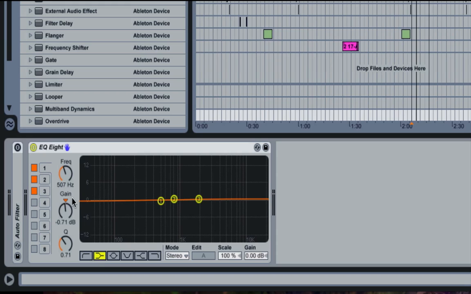Turn it to shelf. So the frequency now, instead of choosing where to cut, say I have it at 500 hertz, I'll just turn off all the other ones that I'm not using to make it easy. So I have this one at 500 hertz, and that becomes a center frequency. It splits the EQ up into two sections. And then if I start cutting with the gain, it cuts everything or boosts everything below that certain point at a